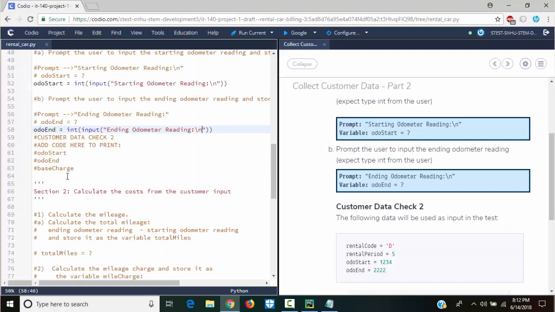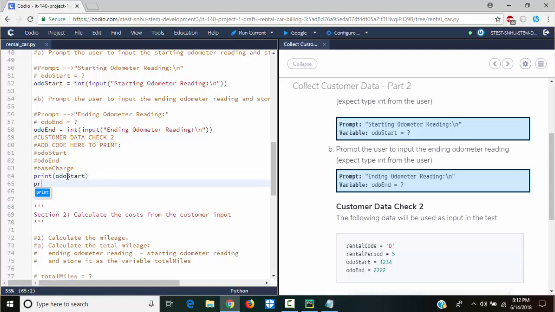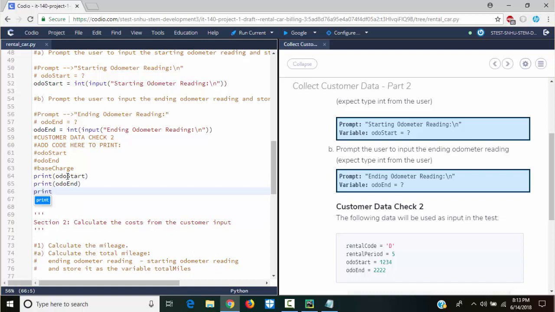Okay, but here they want us to print odo start, print odo end, and then print base charge. Okay.